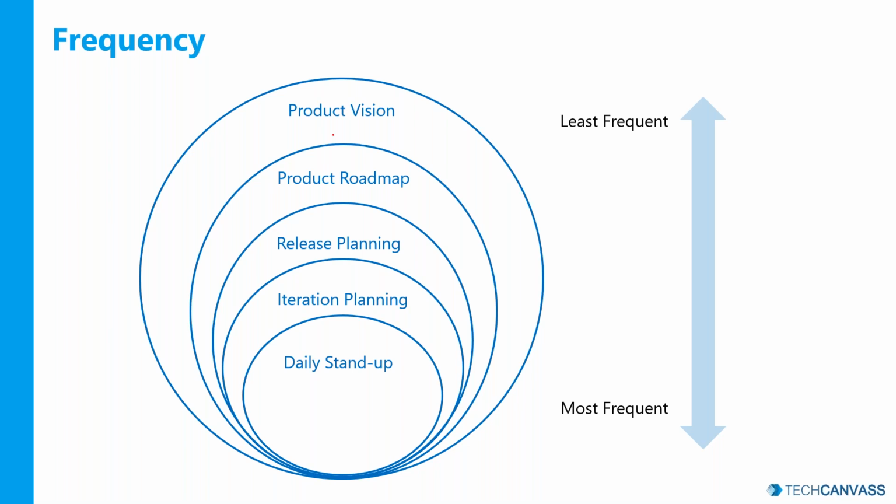Product roadmap, I have seen most of the product roadmaps are planned for 1 year. Again, nothing stopping organizations from using it once in 6 months or once in 2 years, but 1 year is what I have ideally seen in a medium-sized product. Release planning happens based on the release cadence, right? If my team has a 1 month release cadence, release planning happens at the beginning of the 1 month. In that case, it is once in a month.